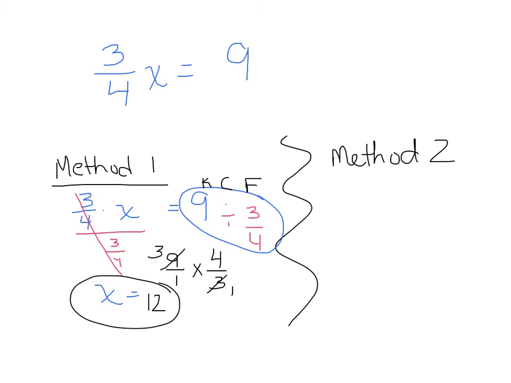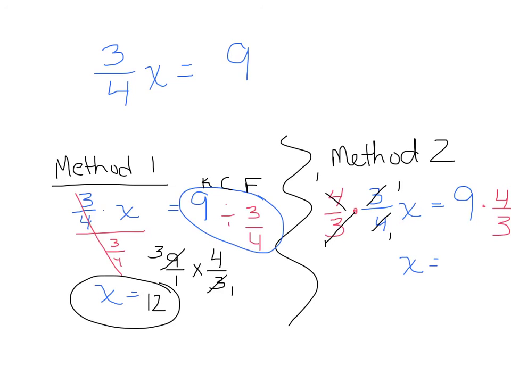Now, an easier way to think about this might be to think about this as multiplying by the reciprocal instead of having to use the rule of fractions. I want to get rid of the 3/4. So I'm going to choose to multiply by 4 over 3. The 3's will simplify to 1. The 4's will simplify to 1. This leaves x by itself equaling, and if I multiply by 4/3 on the left, I need to do so